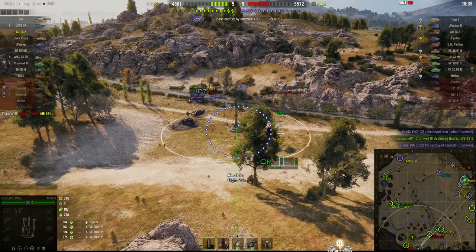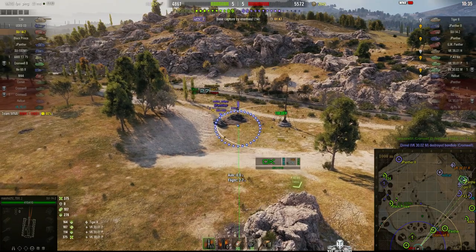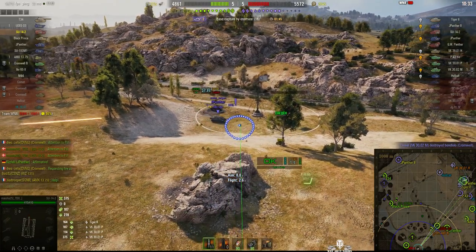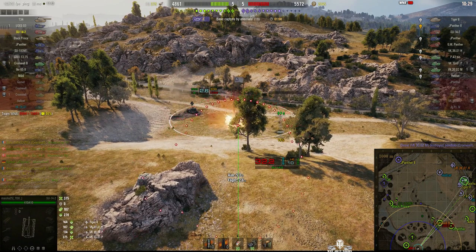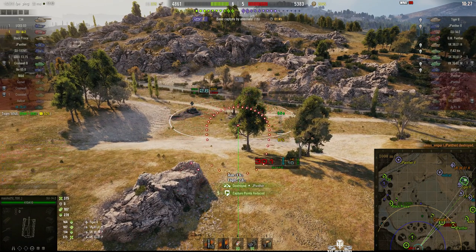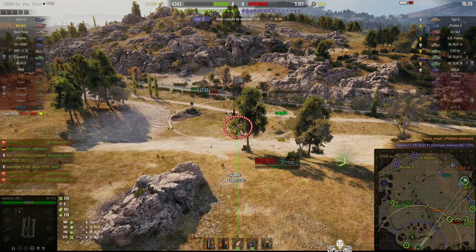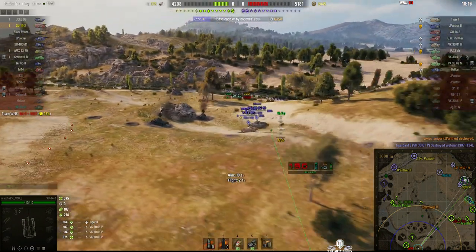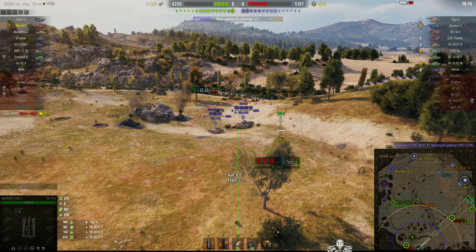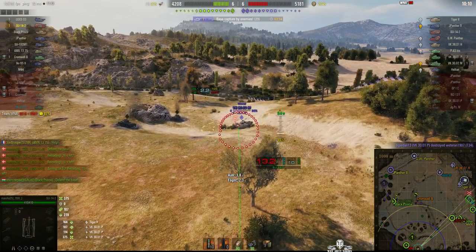And the Jagdpanther's gone into the cap. And he's capping on that corner there. That's a very silly move to make, especially considering the fact that we know that he was there. Yes, he actually took out the Jagdpanther. I think he set fire to him, actually. He splashed him and set fire to him, and he burned up. Because he fired the round in, and the Jagdpanther didn't appear until after, or appeared behind the tree, until after the shot had gone in. Okay,